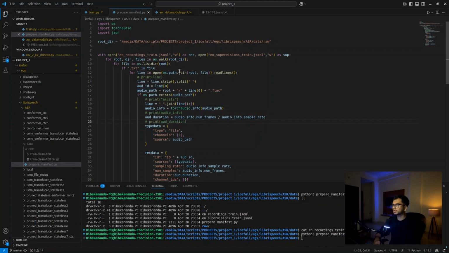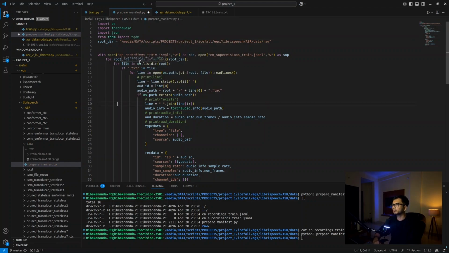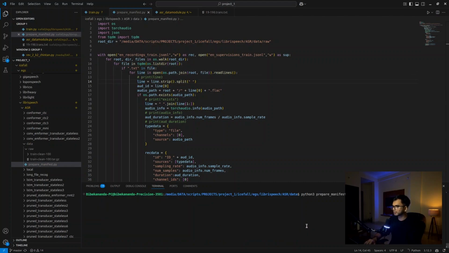And then we can use TQDM as well to see the progress, what data has been processed yet. Let's use that: from tqdm import tqdm, and then we can put it here, tqdm, and that's it. Okay, let's run it once. Let's see